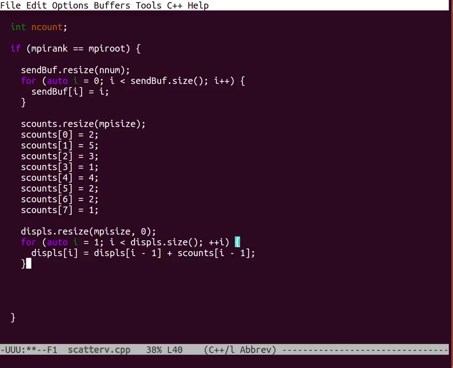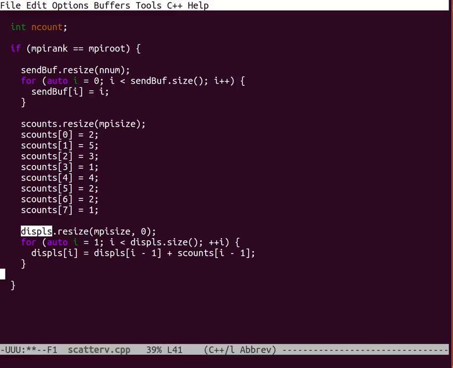So that's gonna be the offset or displacement vector for us to actually index into the send buffer. So once we have the buffer, the s_counts, and the displacement vector all specified on the root rank, we can now call our